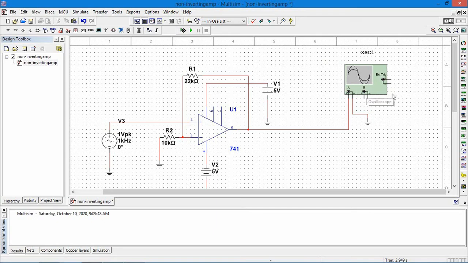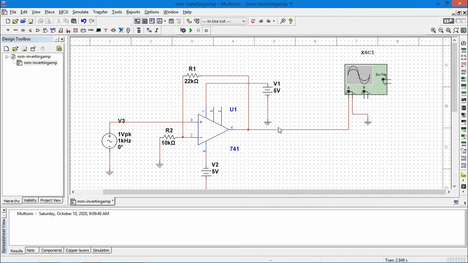It is a 2-channel oscilloscope, so at a time we can see two signals. I already know the input signal peak value and frequency, so I need not check it once again.